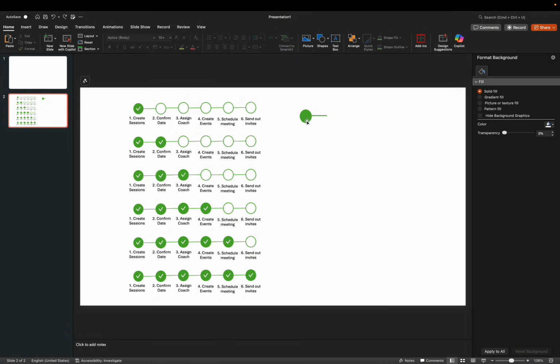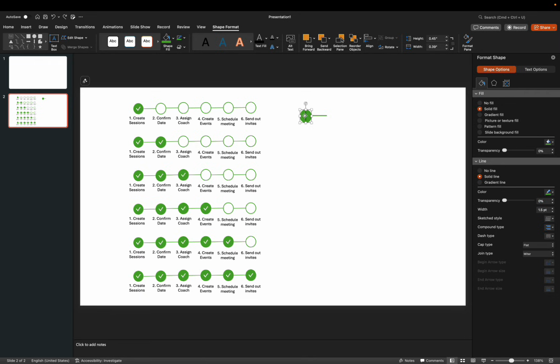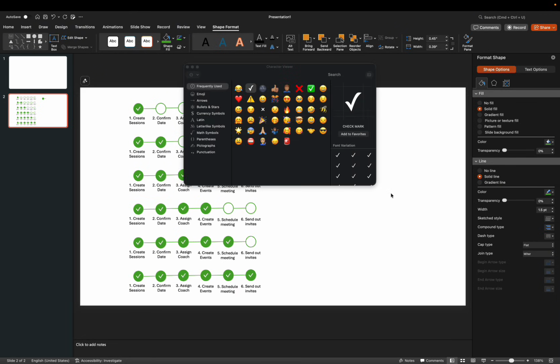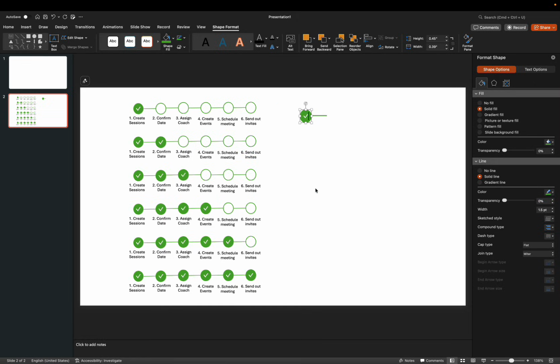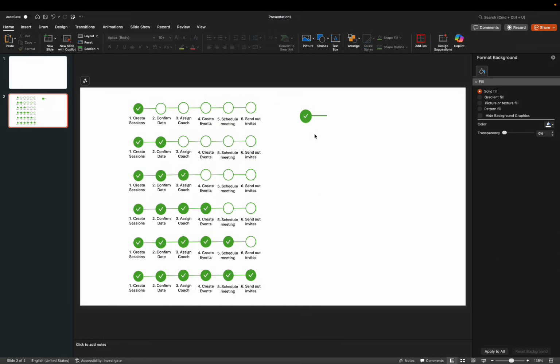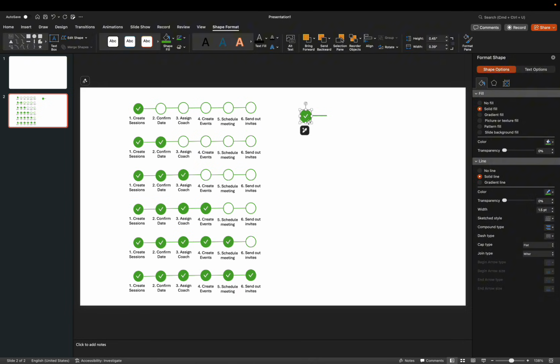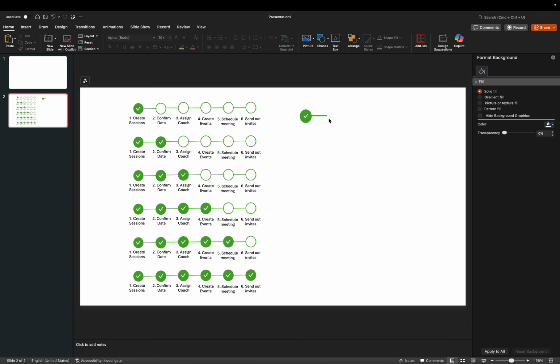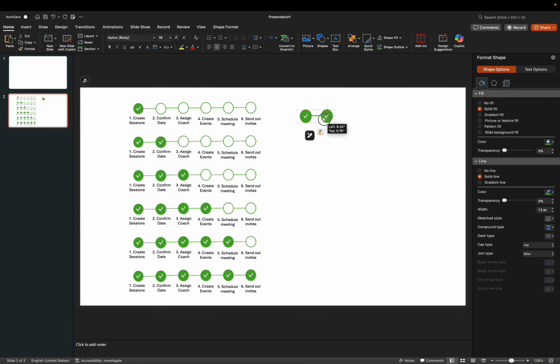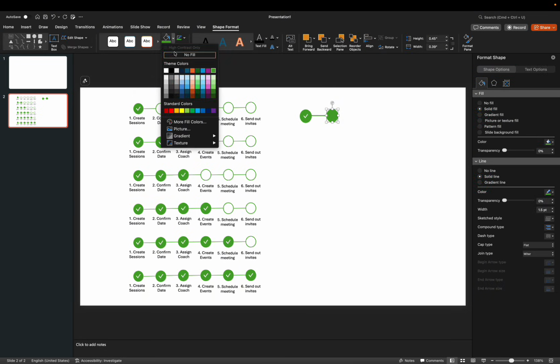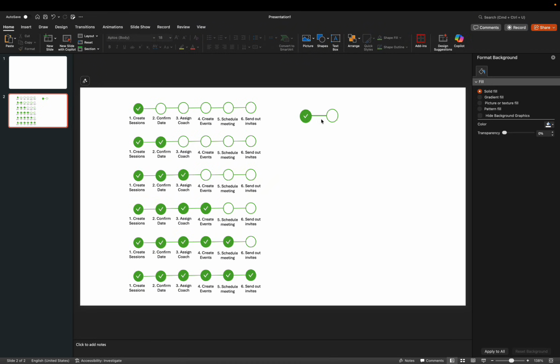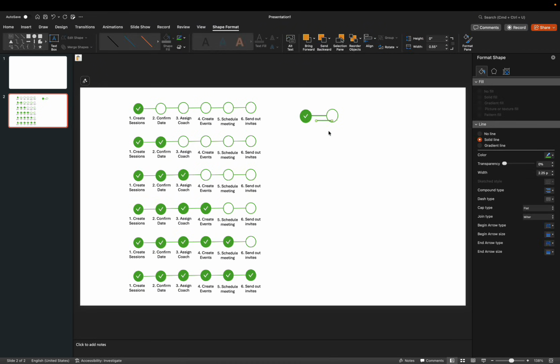Good. So now you also want to bring in your check mark. For Mac, it's Control Command Space Bar. That brings the emojis. You just want to select that. For Windows, it is the Windows key and then the full stop. Good. So you have this in place. Now what you want to do is just copy this, come here and paste, Control V, this way. And then you want to remove this off, and then you want to say no fill over here this way. Good. You want to copy this as well. Paste, Control V,